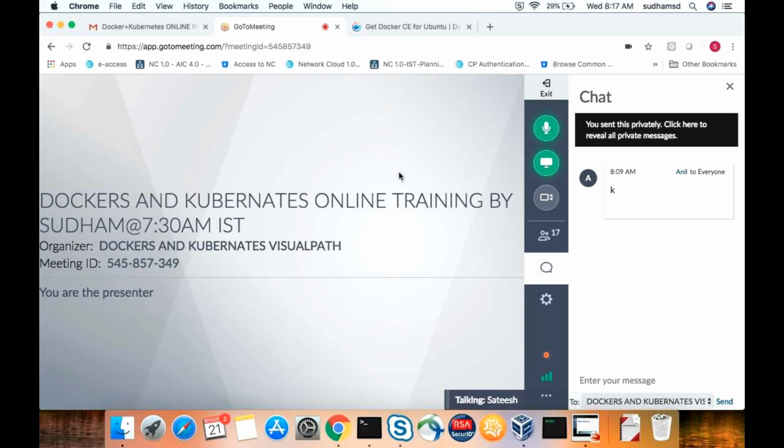So, for example, I created one Docker image, so all images will be stored in the default Docker directory. Once you pull from Docker Hub, it will be stored in your local directory. That is where, /var/lib/docker/images.